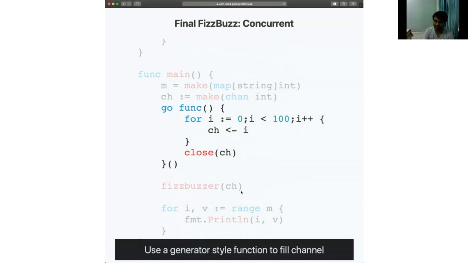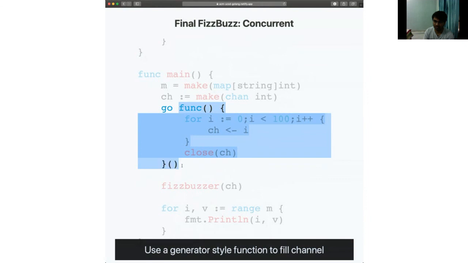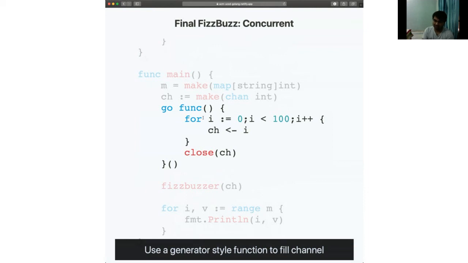So let's use a generator style function to fill a channel with the values between 0 and 100. Again, we use a function closure to declare a function and run it as a Go routine at the same time. In this closure, we just iterate from 0 to 100 and push values into the channel.